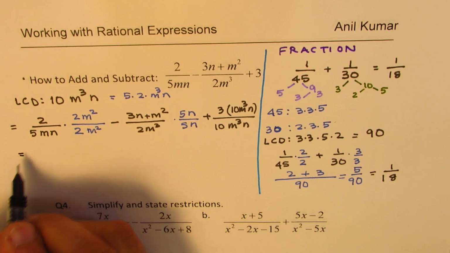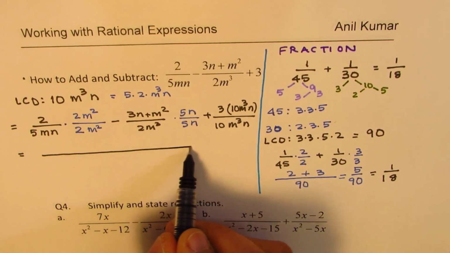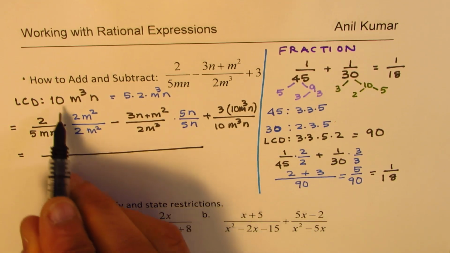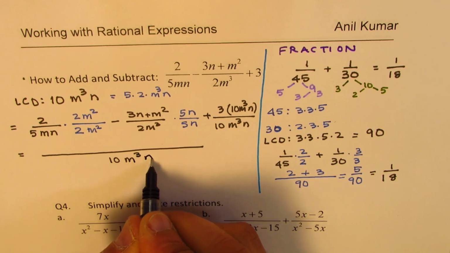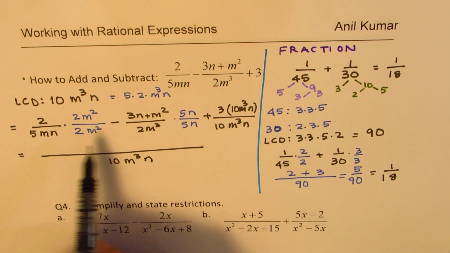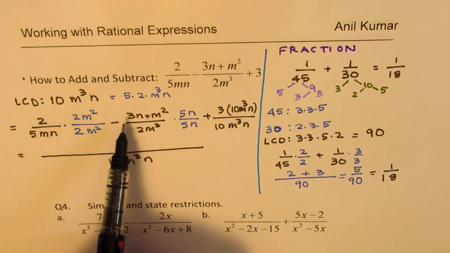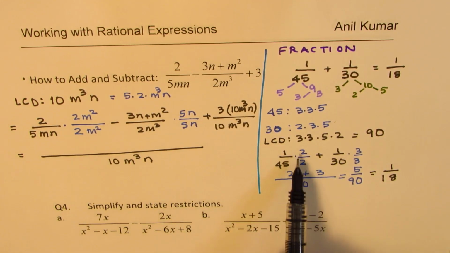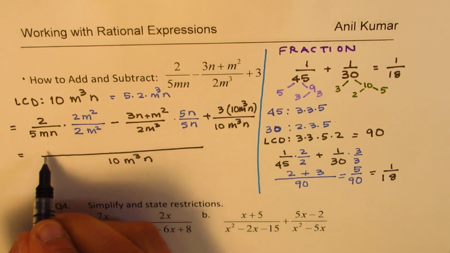Now, since we have a common denominator, which we could write like this. This is the common denominator, right? This 10 m cube n becomes the common denominator for all the three terms. And in the numerator, we have to multiply individually, right? Just as we did here, 2 times 1 and 3 times 1. So we'll do the same thing. We get 4m square